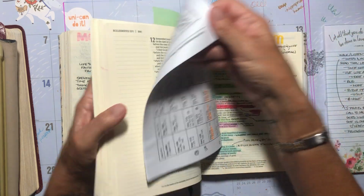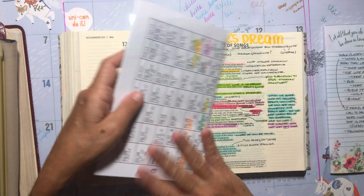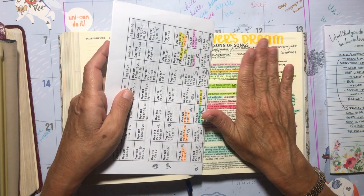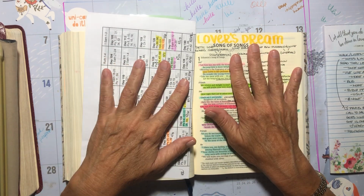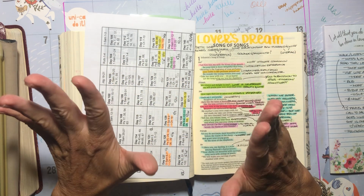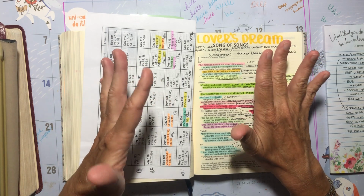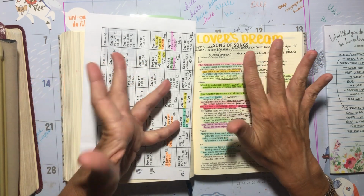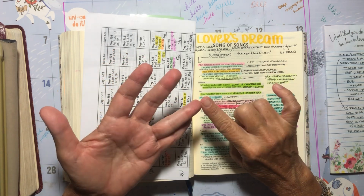Now, we are reading, well, I'm behind a little bit, and that is okay. Let me just tell you that is okay as well. We started this in January, the first of January, and I was consistent, and I still am consistent. I'm still in the Word each day, although things happen. You get sick, or your kids come into town,